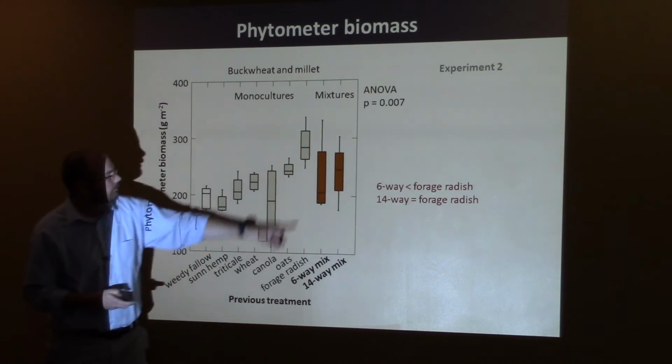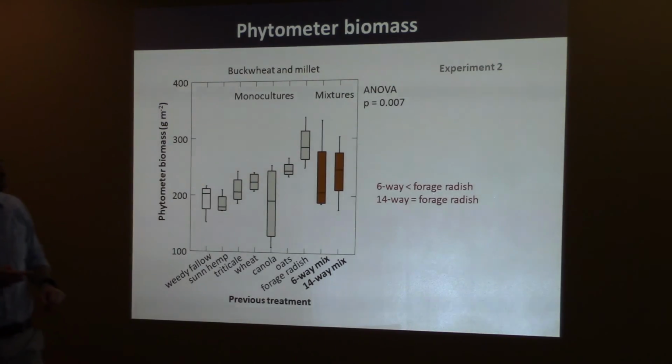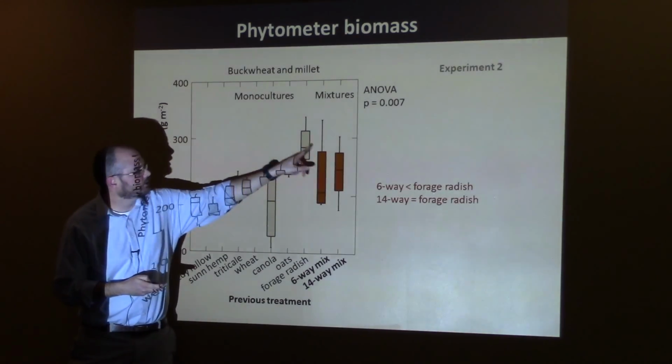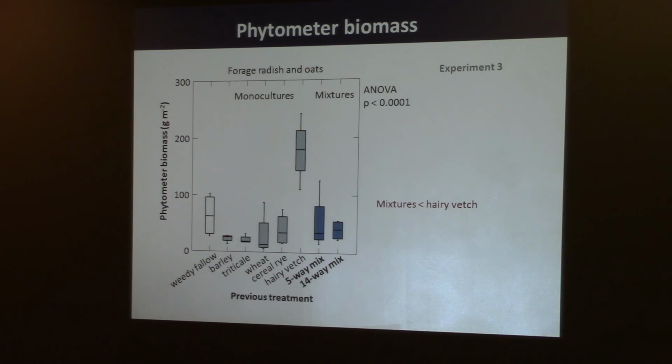Similar here, the best monoculture was forage radish, so buckwheat and millet, when grown after forage radish, produced the most biomass, and only the 14-way mixture was comparable to that. The 6-way was actually less. So again, no enhancements that we can detect. And in fact, in experiment 3,